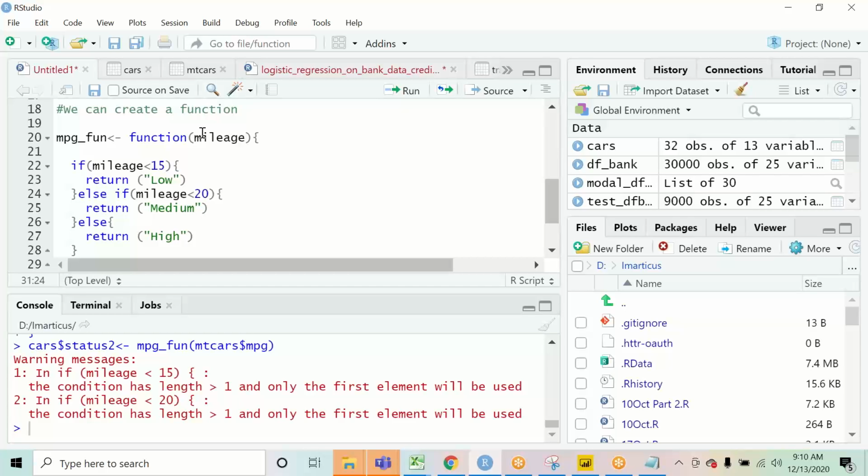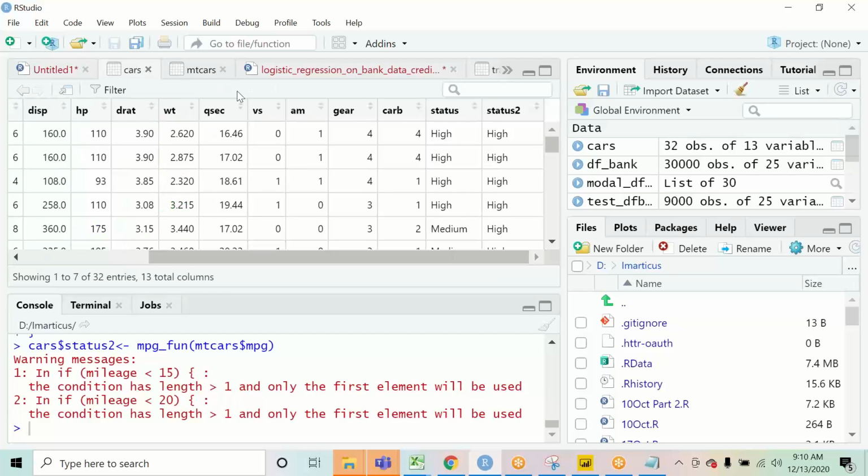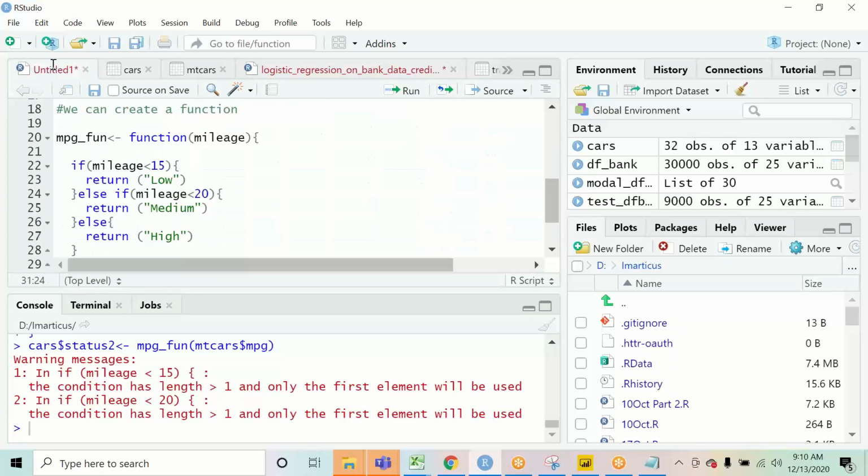Okay. So how will I get the correct output for this? Right, Raghav, you will have to apply the loop and then get that output. So can you all now use this function and generate the same column with the correct values using the loop? This will be a good activity for the brush up of all the things that you have done in the past. Please apply the loop and get the same output. So create a column of status 3 and generate the high, medium, and low over there.